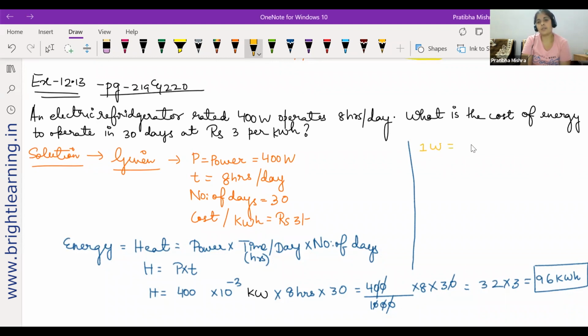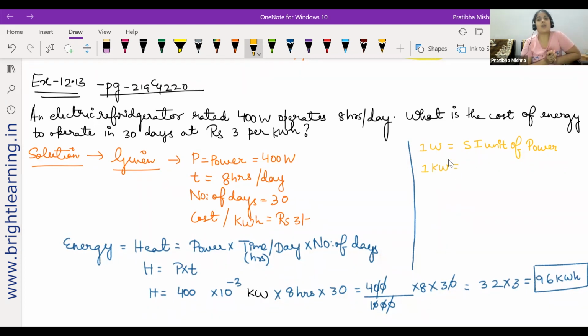What is 1 watt? It is nothing but unit of power. So basically SI unit of power, right? 1 watt is one particular unit of power, right? SI unit of power. Watt is very small. So we do not consider that because the electricity that is being supplied, not only at our homes, but anywhere in the circuits, will be having a unit of kilowatt hours. Okay, so what we do is, I can write this as 1 kilowatt first.